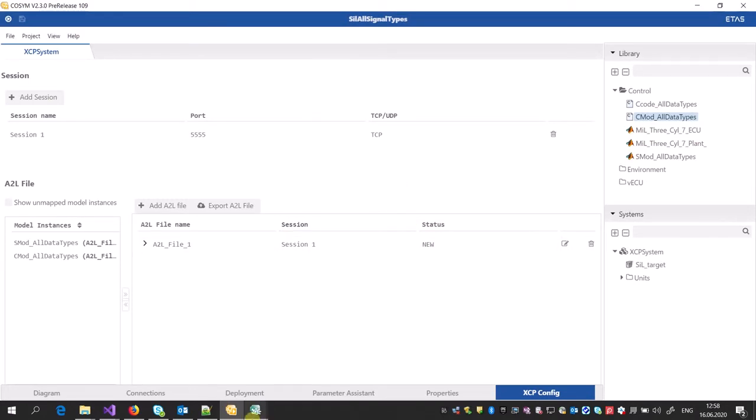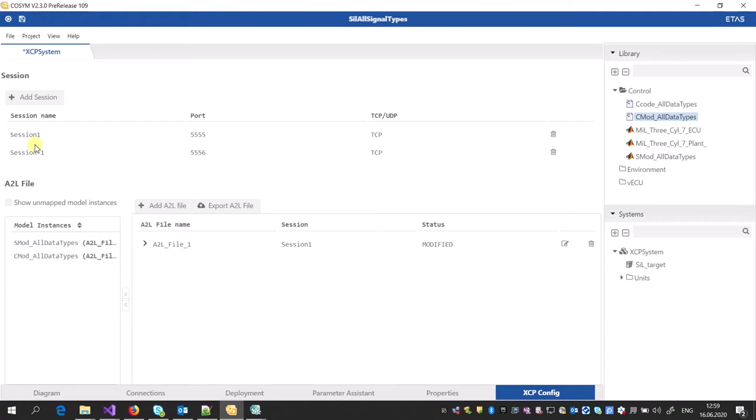INCA is going to connect using the XCP protocol, as I said, to the simulation, or any other XCP master like INCA. To connect using the XCP protocol, the XCP slave inside the simulation supports both TCP and UDP protocol, and the user can select whichever they want. For now, I kept TCP as the default. You can change the port in here; the port number is going to start from 5555, and you can increase it to any number that you want. You can change the session name as well in here. I'm just going to keep it like this, but you can add different sessions too.